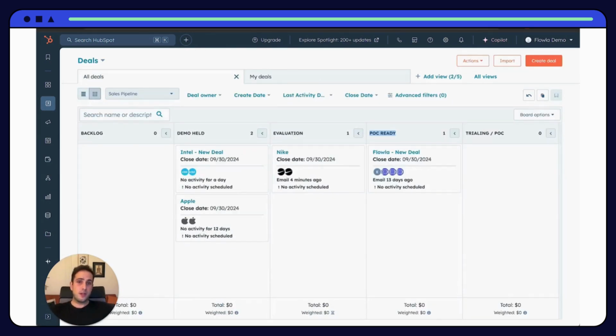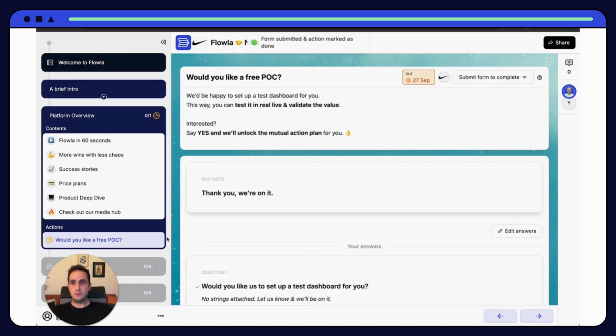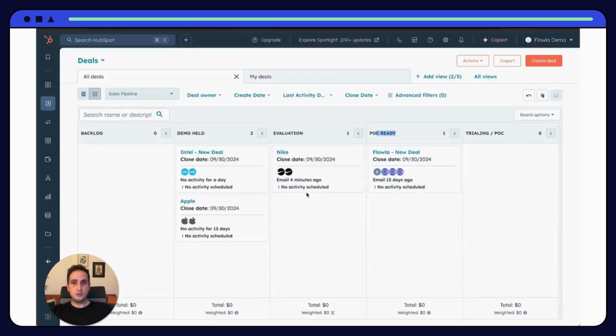Another interesting workflow that you might enjoy is to let buyer behavior inside the deal room update or change your CRM, like deal stages, like custom properties, or any other thing that you can think of. This deal is in evaluation stage, and the next stage is POC readiness. And to make sure that is the case, you have a form inside your flow that's collecting information. So once a user submits this form and completes this action, this could trigger your CRM to update the stage of this deal. Let me refresh this page